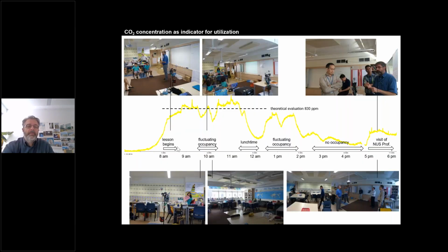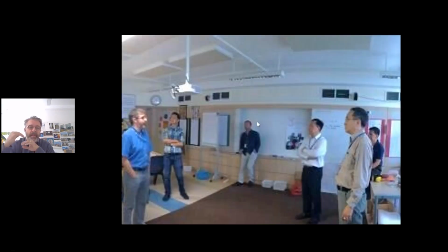And we took, it was about a 1 week measurement, and we took measurements about the carbon level until the point that we said, okay, now let's invite the faculty members, let's invite NUS, let's invite the future user from the faculty side to spend time in this space. And I need to emphasize on this. If you want to think about how you perceive a space, if you think about, is a space good, does it feel comfortable, you need to spend time in this space. You need to extend your time in this space